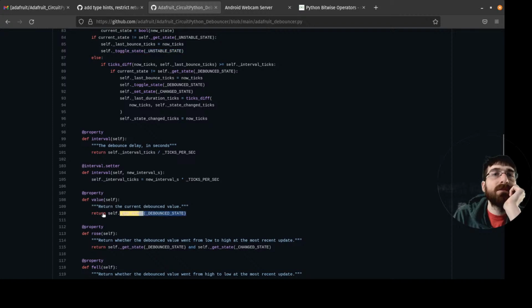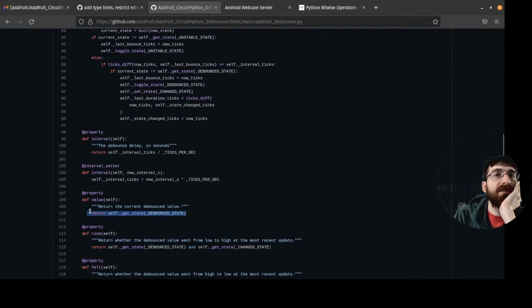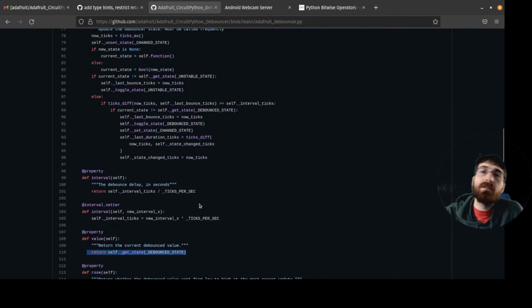Value, I guess, will... Oh no, it doesn't call it. But it updates it always in update, and then value will return to you the current state.